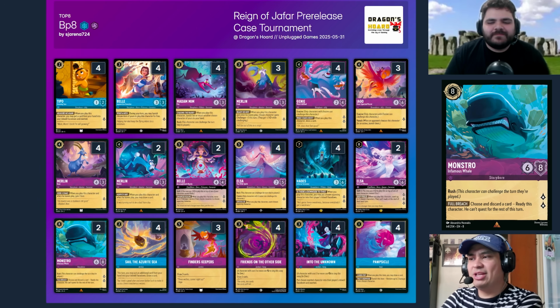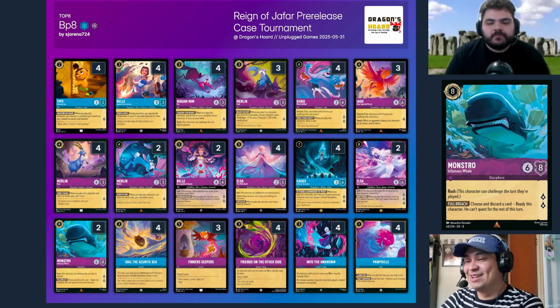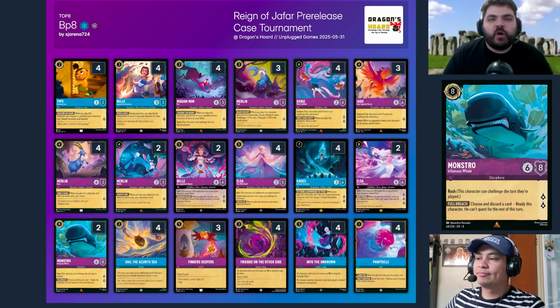And if the Monstro survives, there's even situations where you can sing multiple times with this Monstro, dude. You know, you're not playing many songs in this deck list, but there's a world where you can go sing Friends on the Other Side, draw 2, discard a card, ready it again, sing Friends on the Other Side, draw 2, discard a card, ready it again, right? Yeah, and I'm actually curious if Into the Unknown is going to be more of like the precedent going